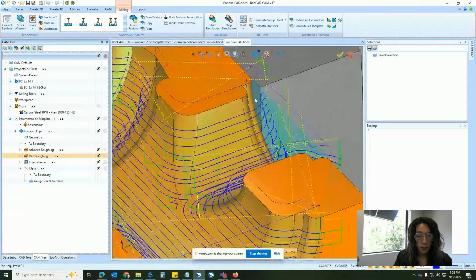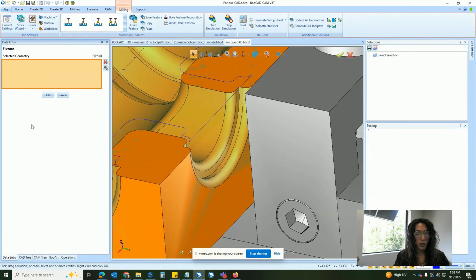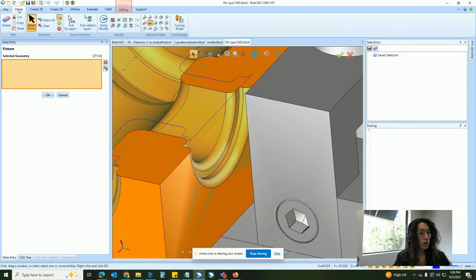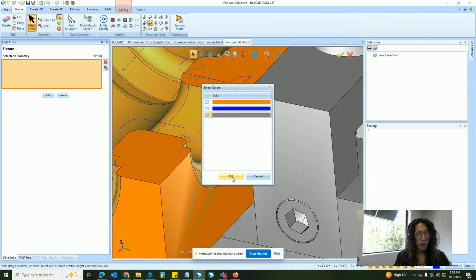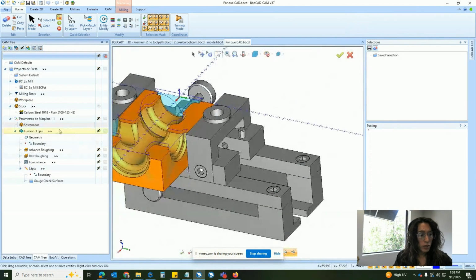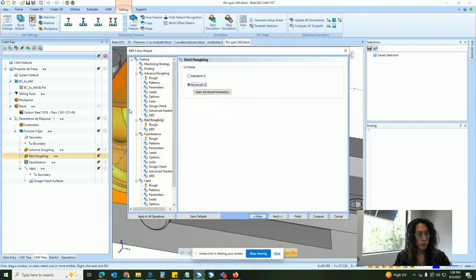We have a collision here, so I'm going to show you guys something new. We set up this as our holder. So we're going to go to 3D home and we're going to pick by color. I'm going to pick everything that is gray. Okay, so now that this is our holder right here, I'm going to tell the system to, in the standard UI,